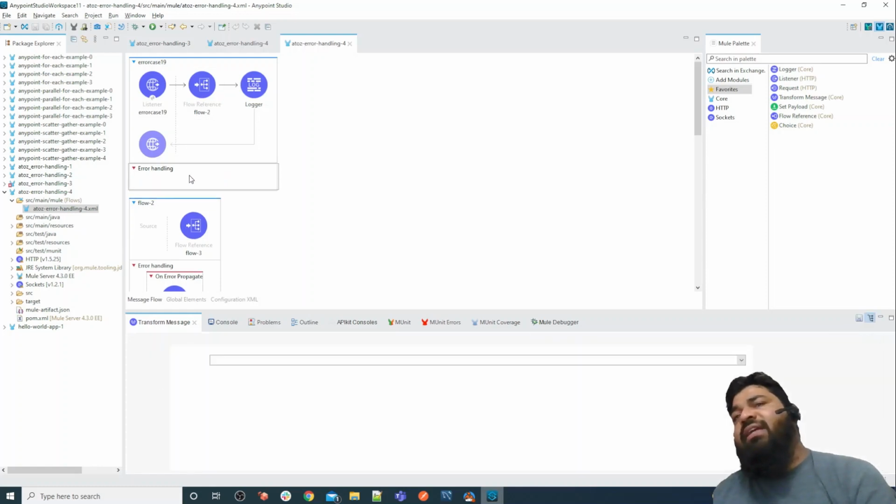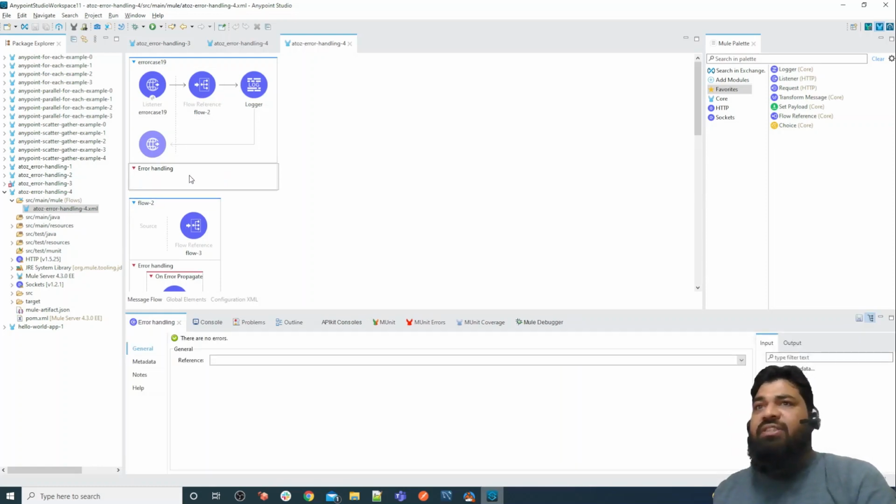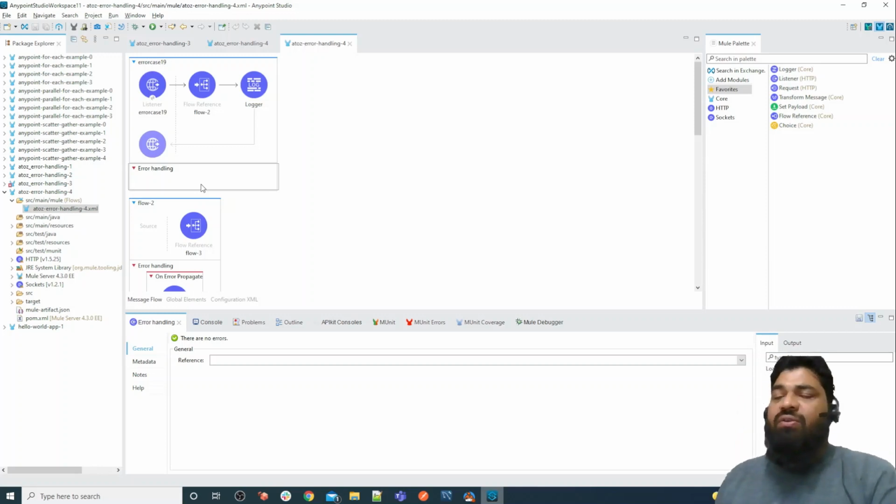If there is no error handling defined, then the default error handler comes into the picture. If you have a global error handler, then the global error handler is used. If you have defined error handling here and the type is not matching, once you define a type and the type is not matching, then the default error handler will not be called. So you should always use any, or make sure that whatever error is coming matches, then it propagates the error to a default error handler or global error handler.